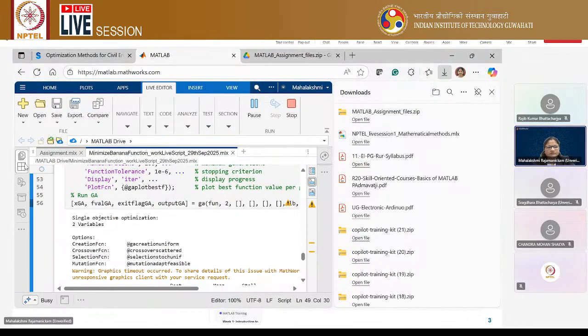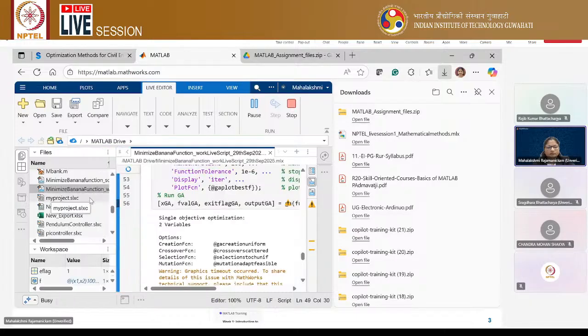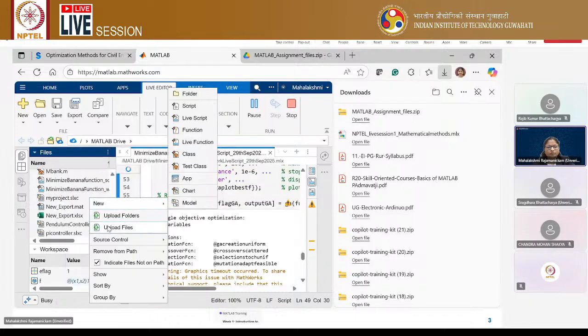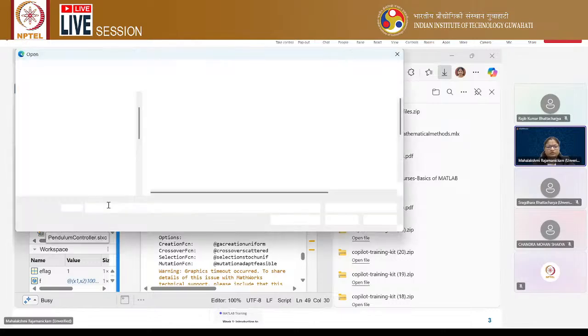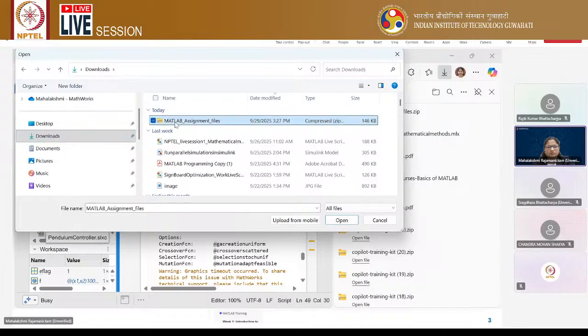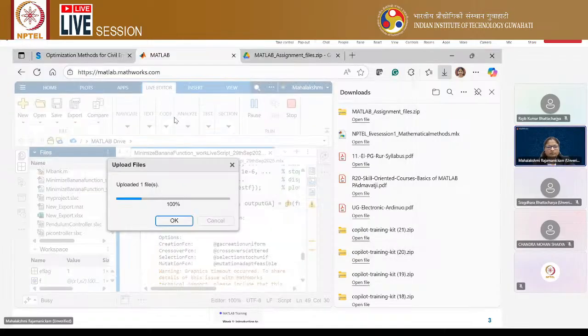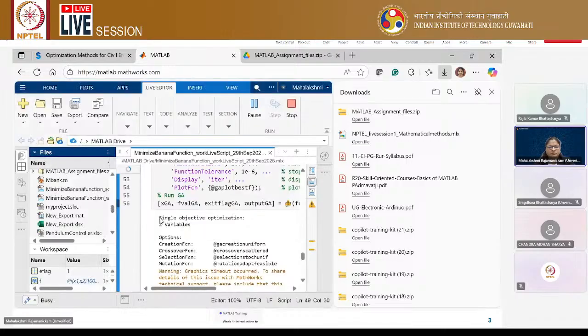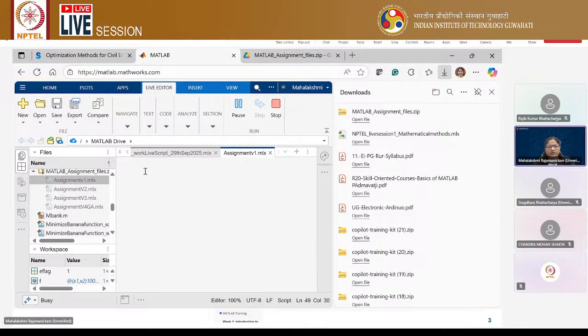This is your file section, and you can click here and upload files. Right now it's in my downloads. You can upload the zip file directly and unzip it. When you double click on it,